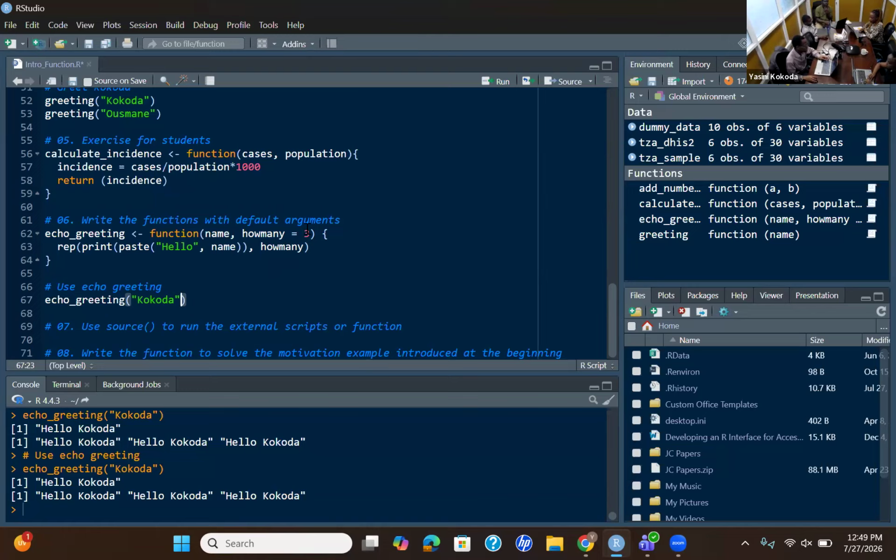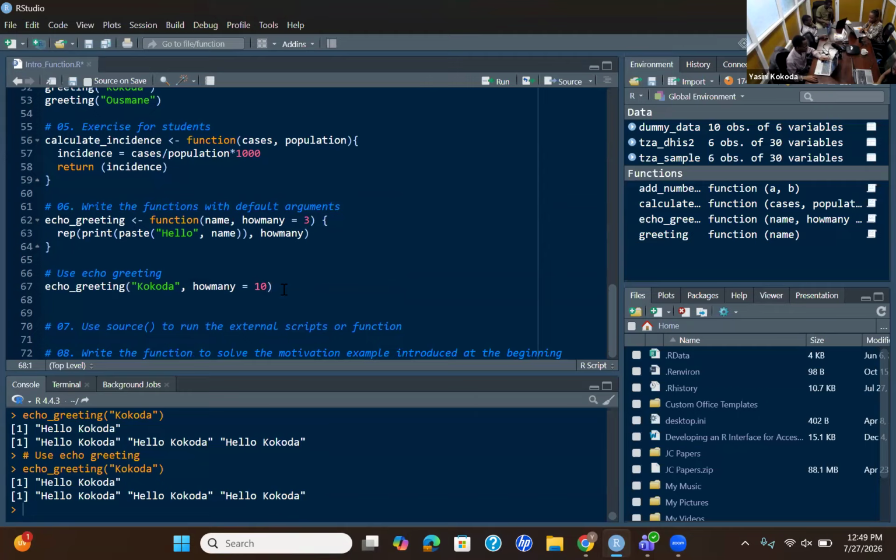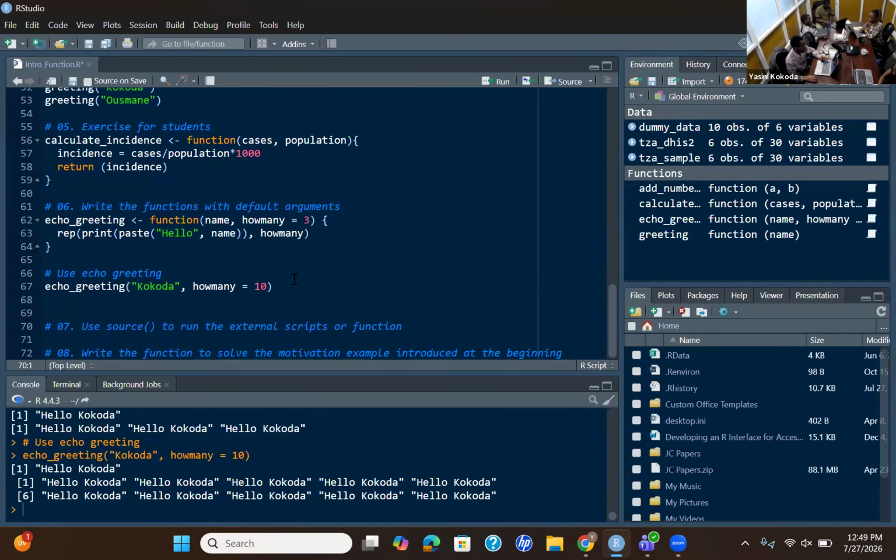By default, it uses 3, which is already specified in the function. Now, let's say you don't want to use that default value. You want to specify, let's say, 5 times or 10 times. If you run this, you will see it will print. Focus on this one.